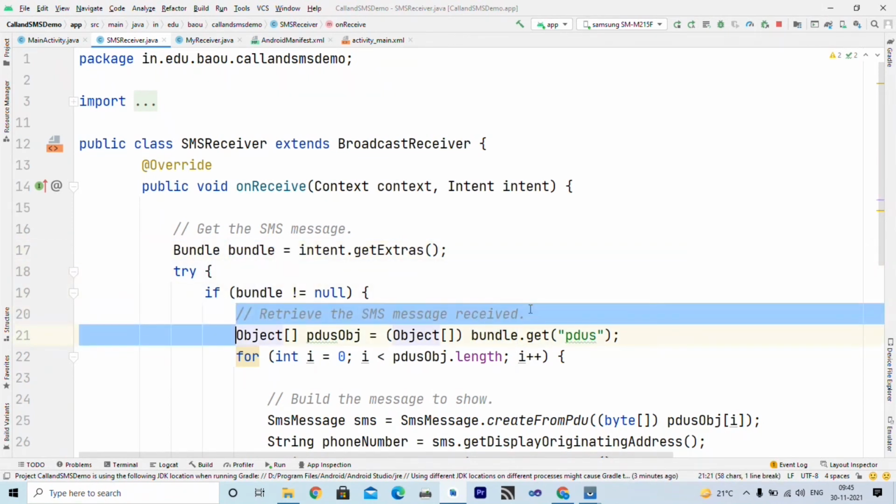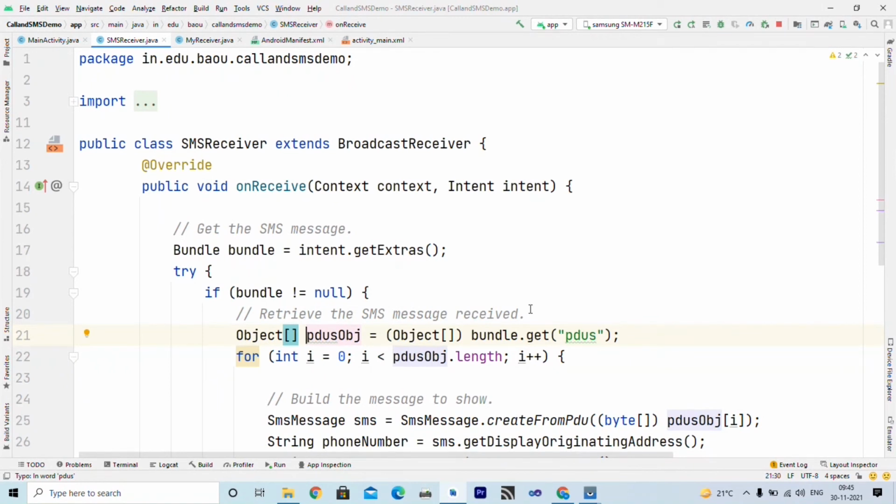Next we want to retrieve the SMS message received. Every SMS is of some definite size, right? If I am sending a long SMS, then it is delivered in parts. So we have to create one object array, and by calling the get method of the bundle with the argument pdus, we get individual SMS from a single SMS.